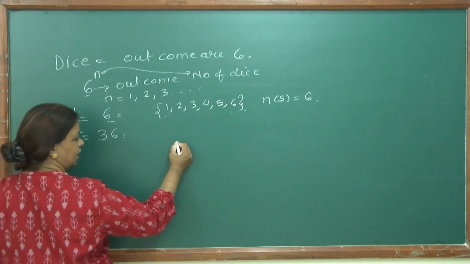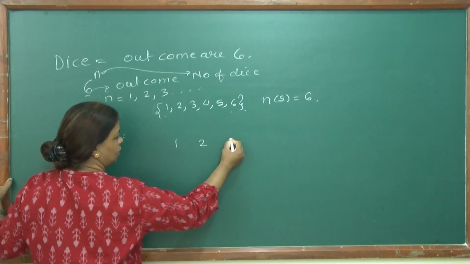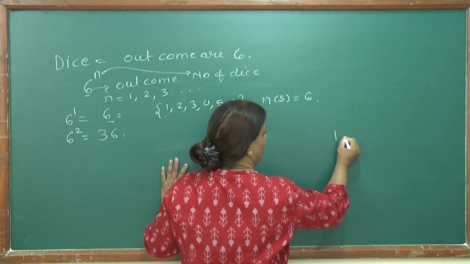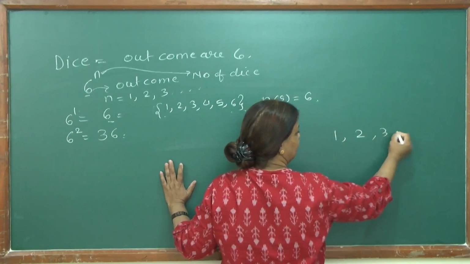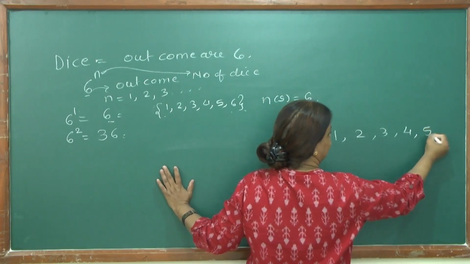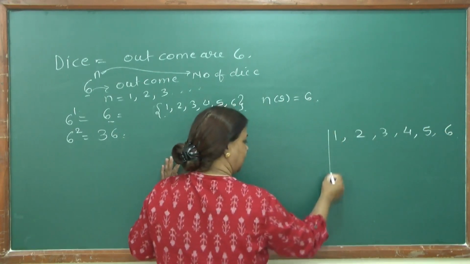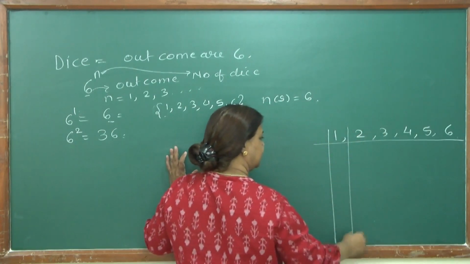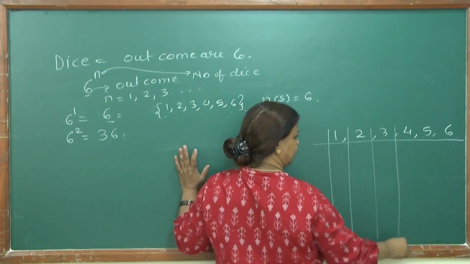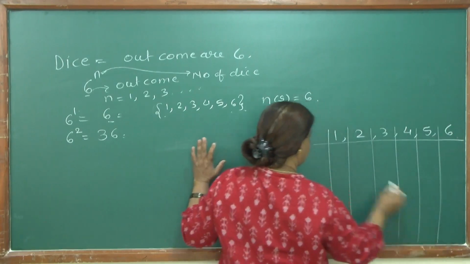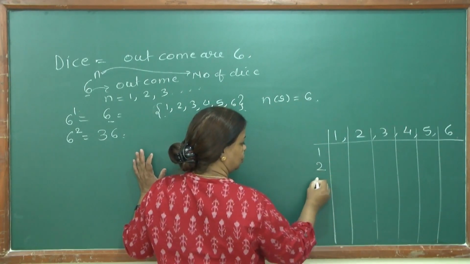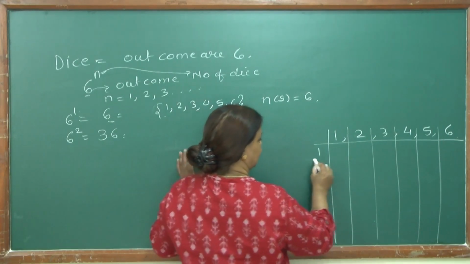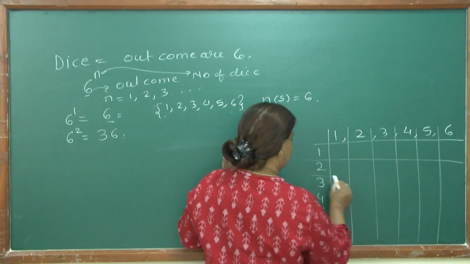36 are there. So let me write 1, 2, 3, 4. Let me write it here. 1, 2, 3, 4, 5 and 6. And checkerboard like. Okay, we can make checkerboard type. And from here 1, 2, 3, 4, 5 and 6. Now you can